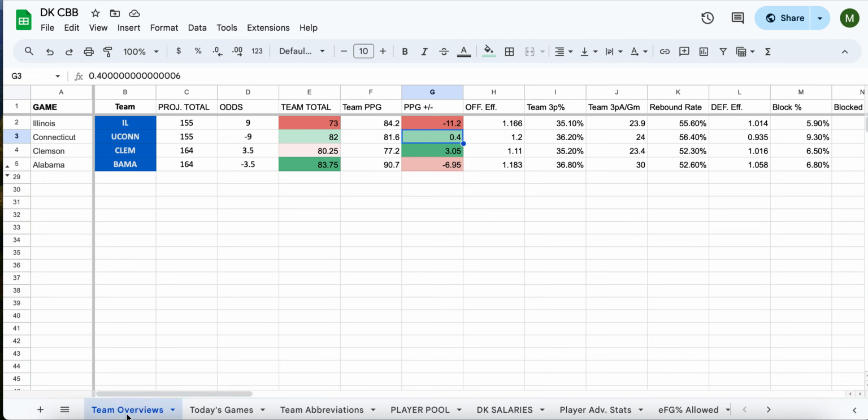So starting with the team overview of our 2 games tonight, the 2 teams that stand out are going to be Clemson and UConn, because they're implied for more points than they average on the season, so those guys are going to get a boost in the model for that. Tough spot for Illinois, and not great for Bama, but you might be able to find some players there if their salaries are reasonable. Let's go look at the individual player pool for tonight's slate,